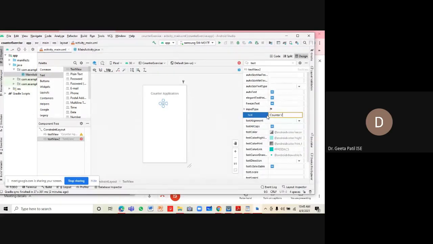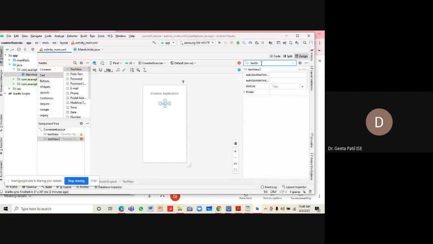The size of the text field is changed to, let's say, 24 sp, or if we want it bigger, take it as 30. 30 is going with the title, so let us take the size as 28 sp. No, it doesn't take 28, so we have to change to a little smaller value.